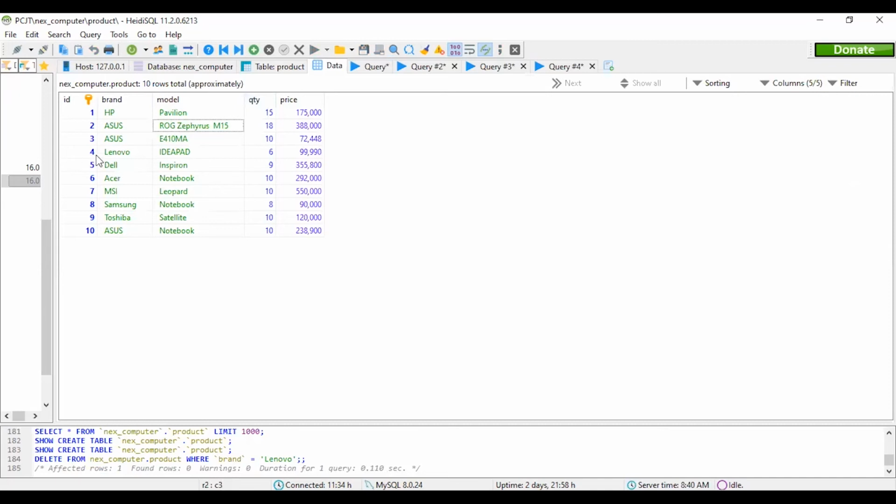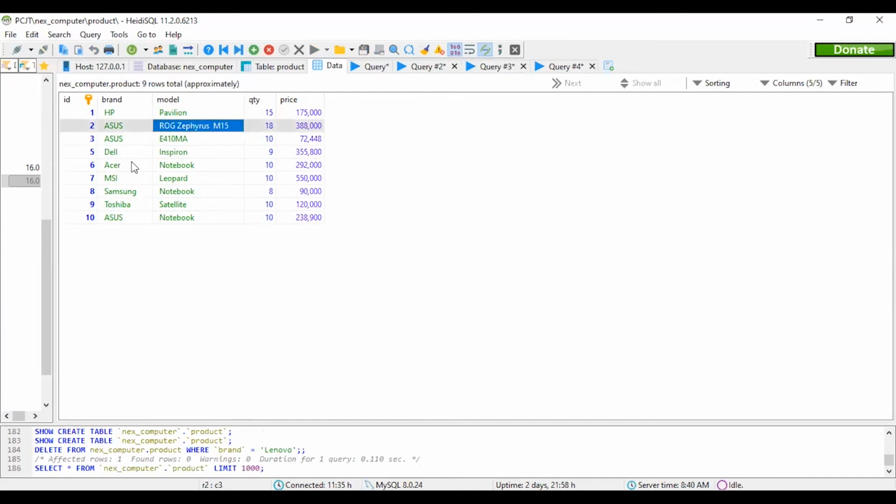And here you can see the Lenovo is the fourth record. And if you refresh it after executing this query, you can see the fourth record is removed from this table.